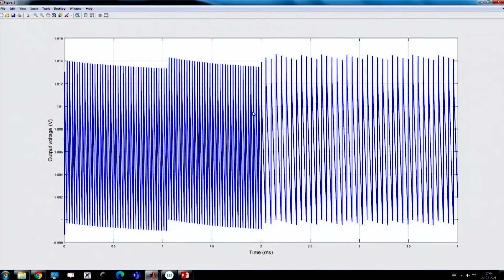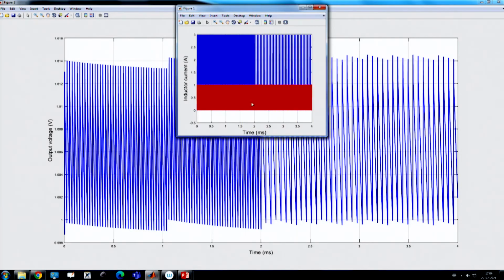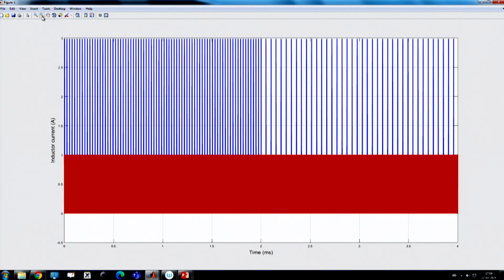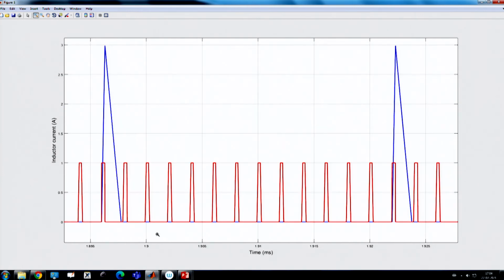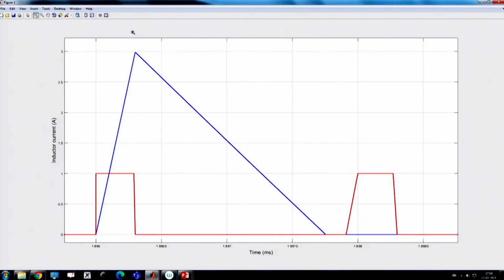Here I want to show you two things. First, I want to show you that this switch will be on during the on time of this PWM clock. You see, this is the on time of this clock, the switch is on, and then the next on time.